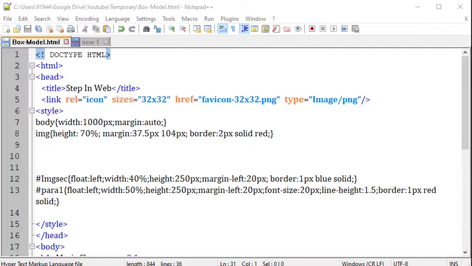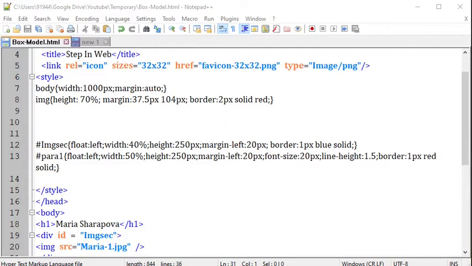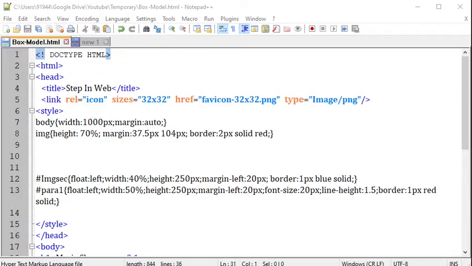Now we have written one CSS code where the image height is 70%, and margin will be 37.5 px. For this image section I have changed the width to 40%, and for the para I changed the width to 50%. Now we will run it in the browser.